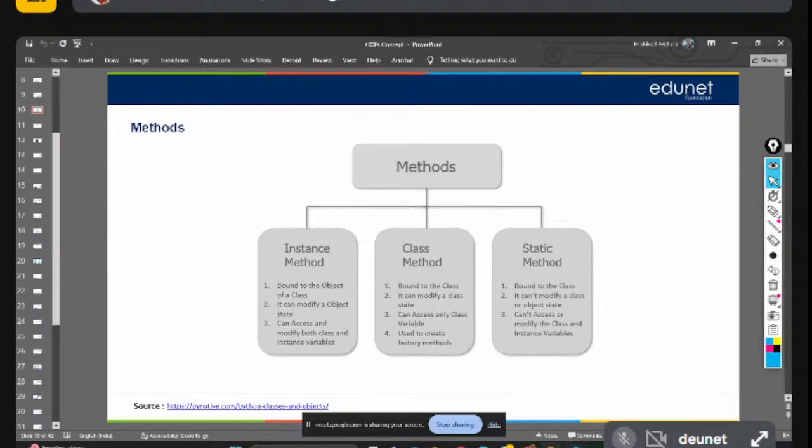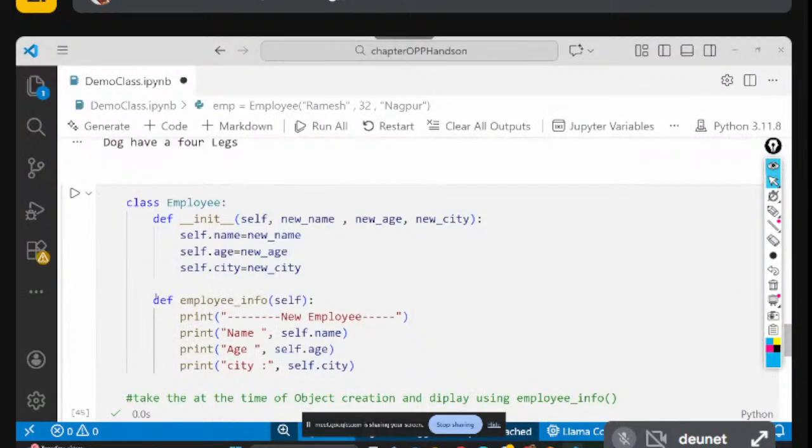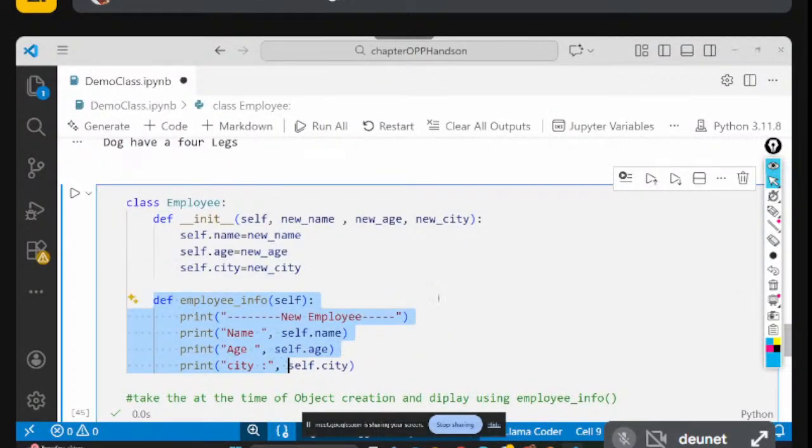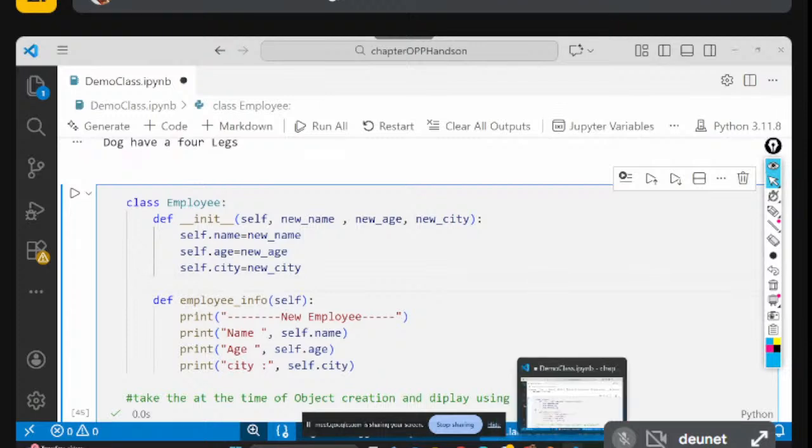What is the class method? This is the class method, or the define method. What is the static method? If I am writing directly outside of the class, that we call the static method. Got it? So now see,